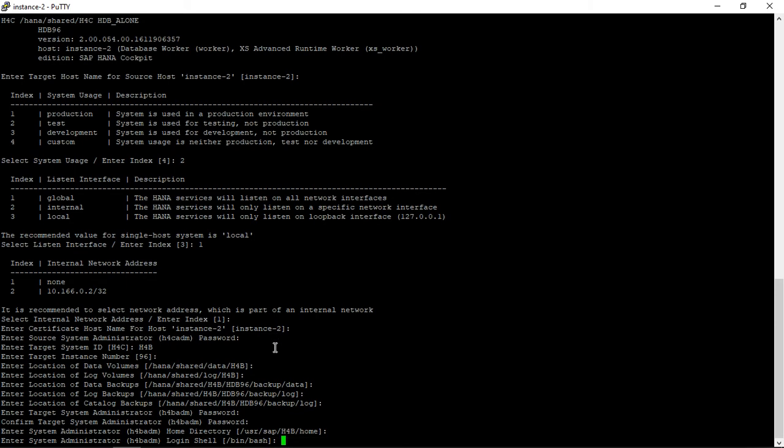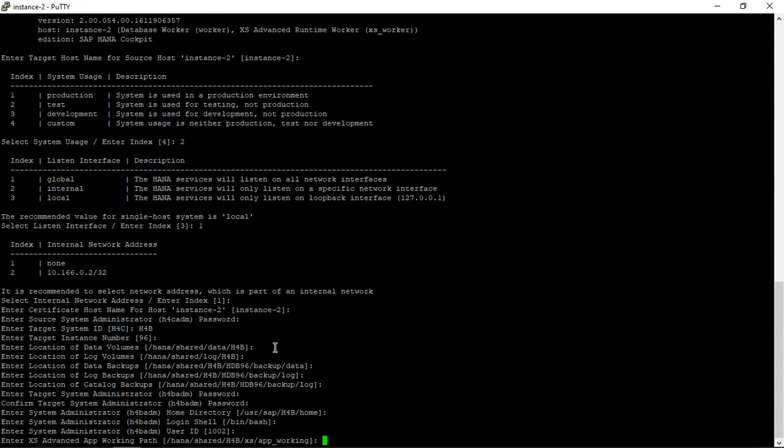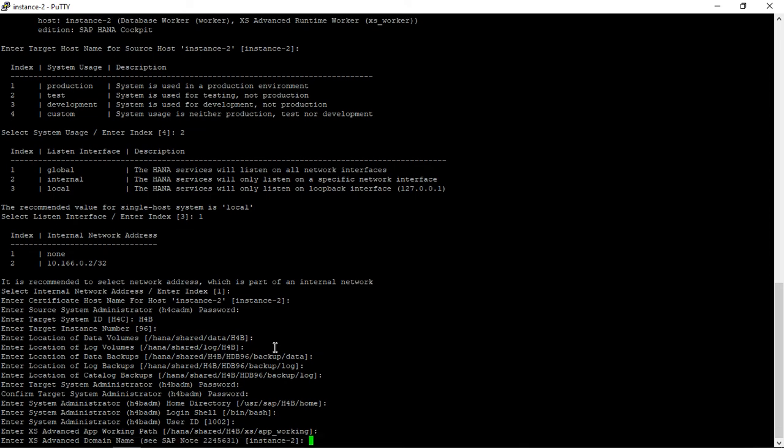This is basically your login shell; the default is fine. The system user ID, 1002, it took. Then the advanced app working path, where the app working or new access engine path will be. All of this is taken by default, so I just press enter. The domain name is again the same.